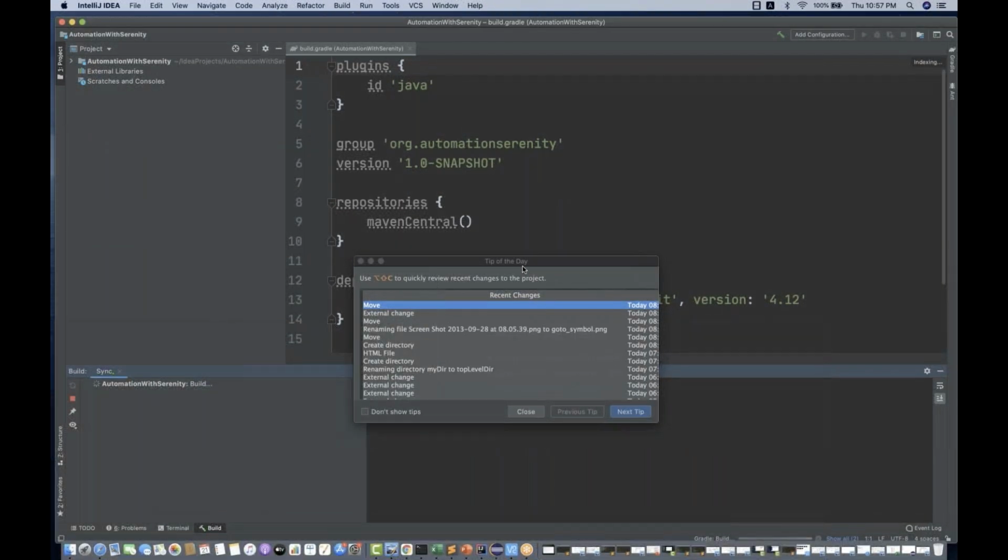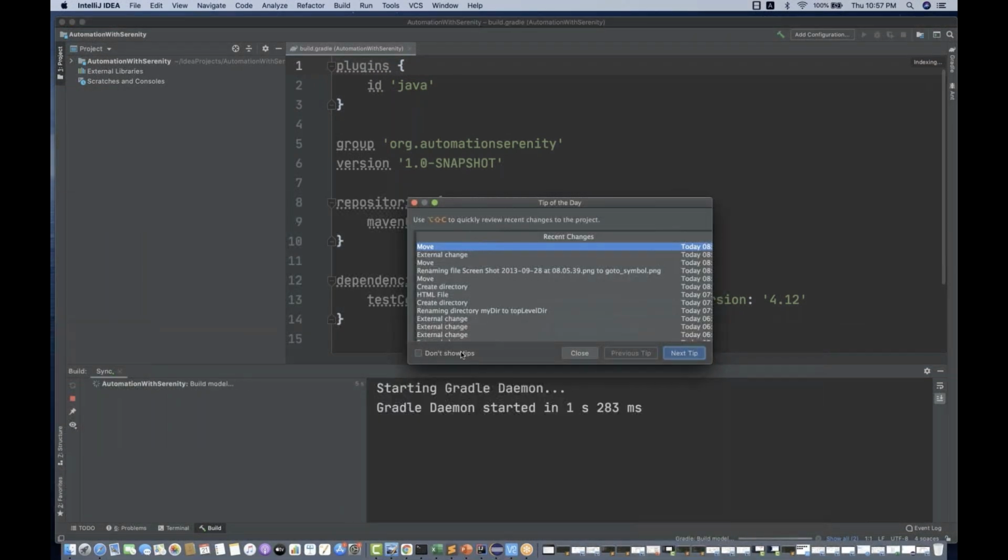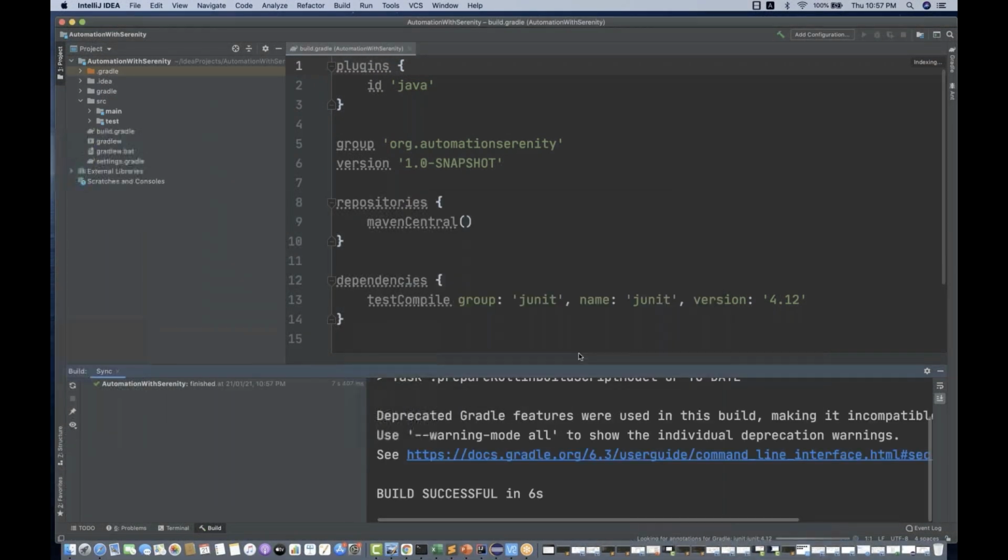You see that okay, tip of the day, I don't want any tip of the day, and don't show any tips next time onwards, and close it. After a few seconds, you will see that okay, this project got created with exactly the Maven structure, src main